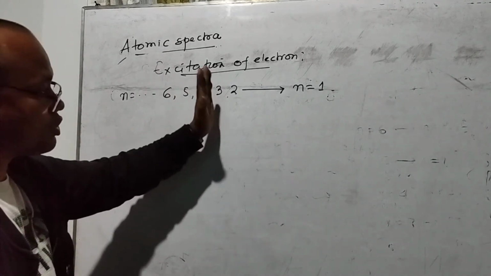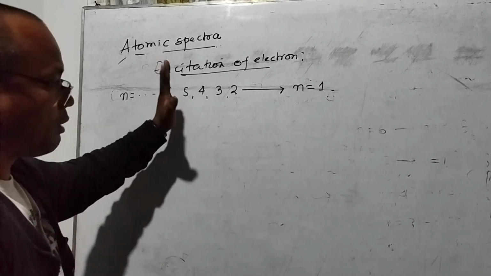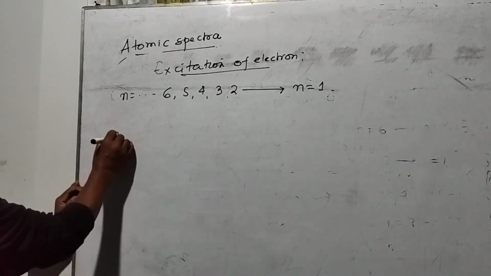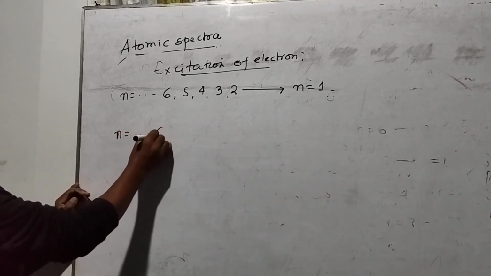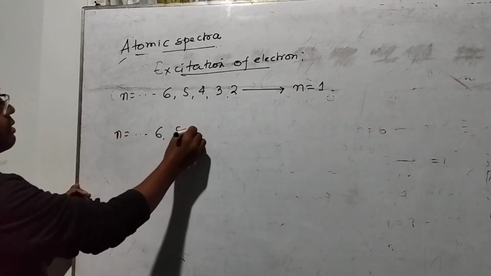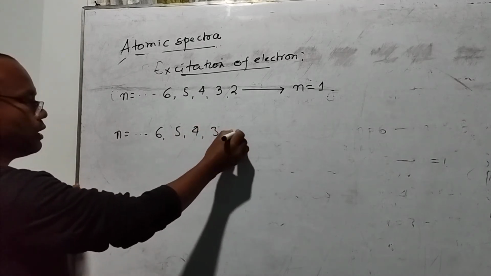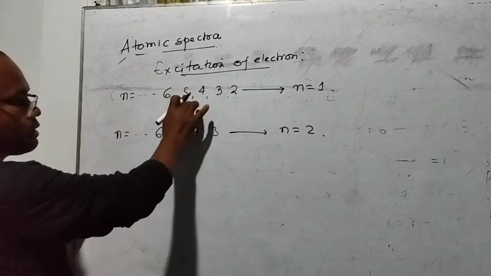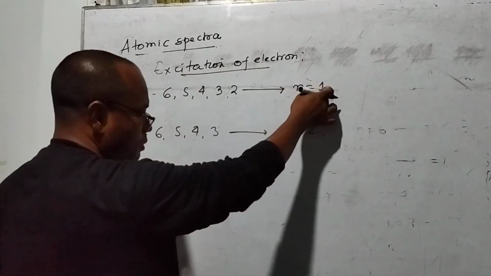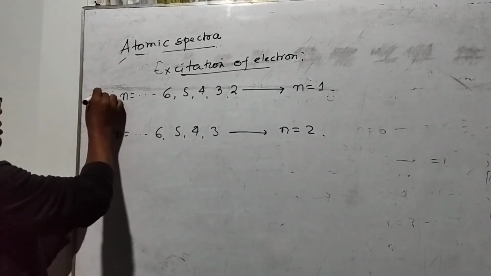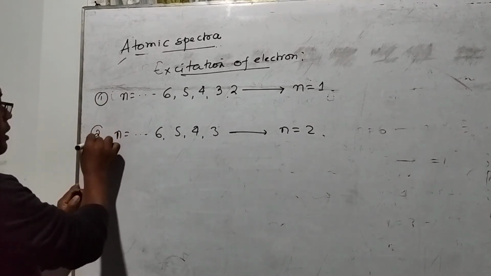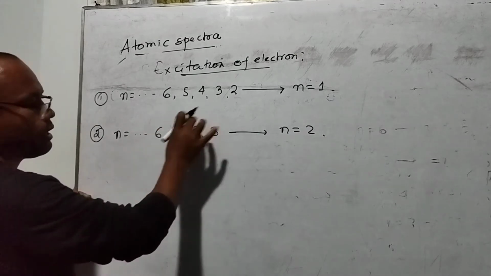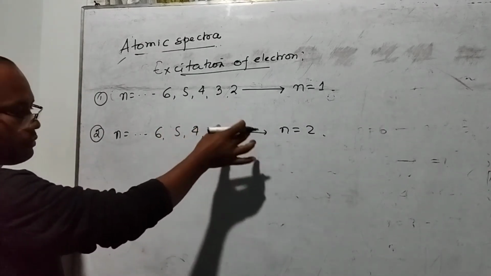So here we found a series of radiation. So we have one type of spectrum, right? Another series of radiation can be right here. It starts from the higher energy level, but the lower energy level now I take as 2. But in the first case, the lowest energy level is 1. Now in the second case, the lowest energy level here is 2. So in that excitation, the spectra are formed.